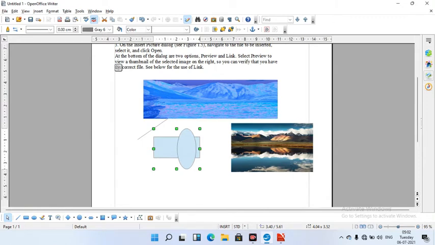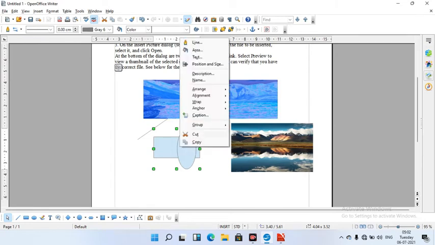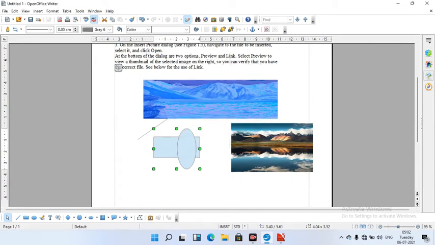If you want to remove this grouping, then right click on that, go to group and press ungroup, then these two objects will be separated. Now these two objects are grouped now.